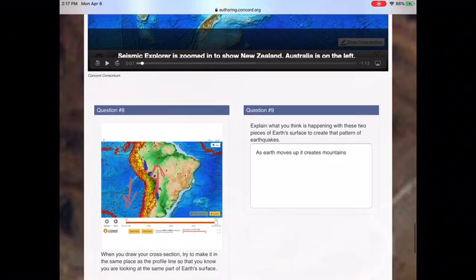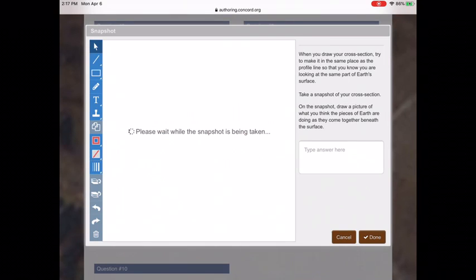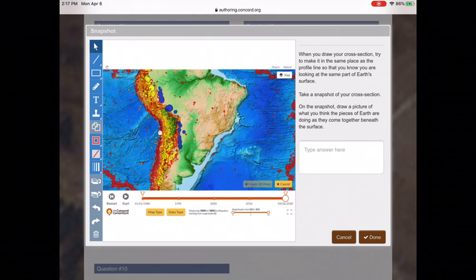If you're not on a computer, I'm just going to show you really quick what number 8 might look like for you. So you're going to hit this brown take a snapshot button. And it should pop up with a drawing of South America. If it does not, go back out into that map we were looking at and move it around till you can see South America. But what you're going to do is, over here on the right side where it is telling you to, while on your cross section, to do this, just skip that part, go down to the bottom where it says